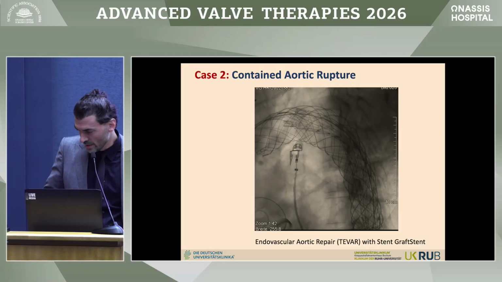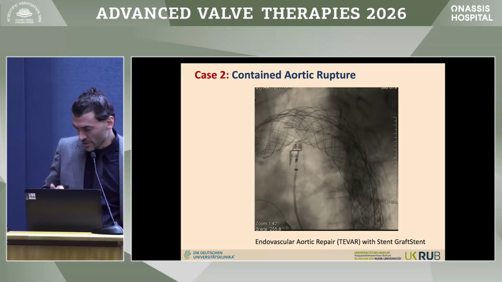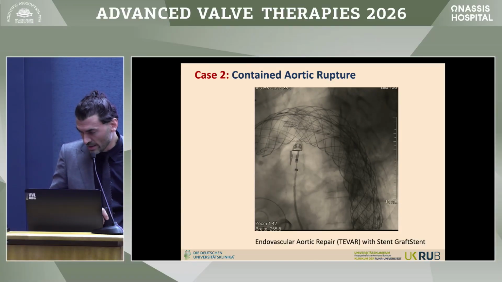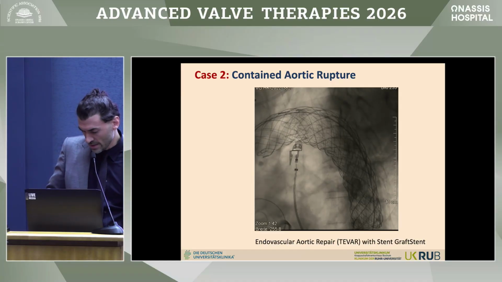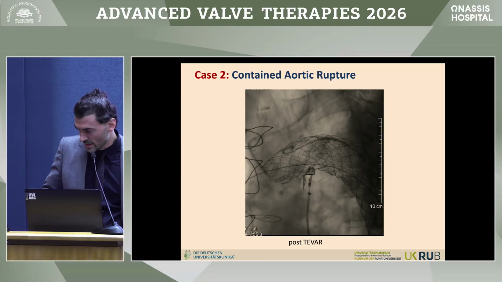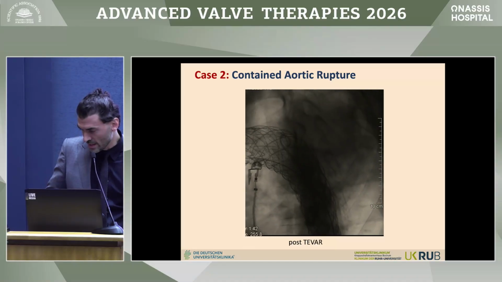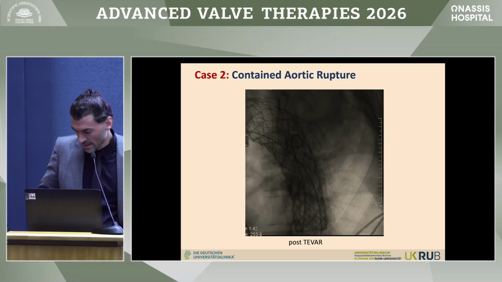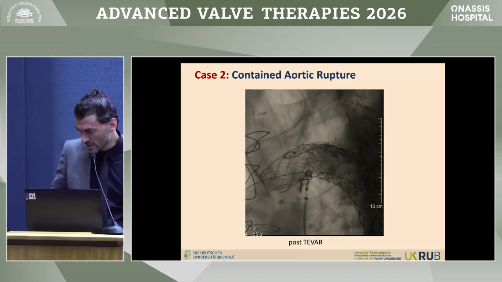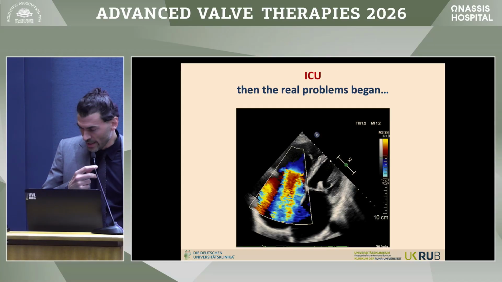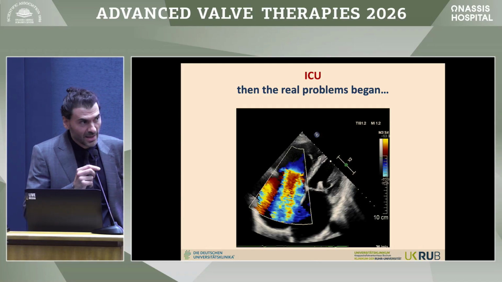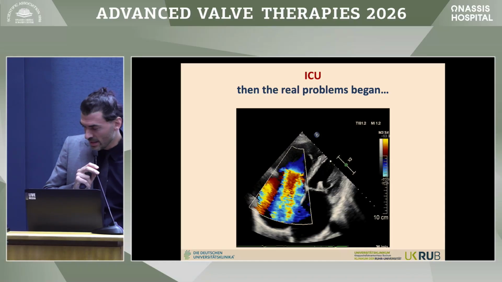We proceeded with immediate TEER in order to stabilize the patient, and this is what you see now with the Gore prosthesis. And after that, we had a good result, a good sealing, and the subclavian artery was also nice. But this was not the reason why I wanted to show you this patient. After getting to the ICU and thinking that the job is done, the real problems began, and he had really